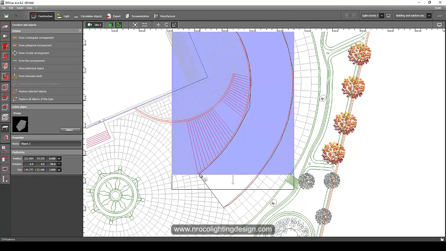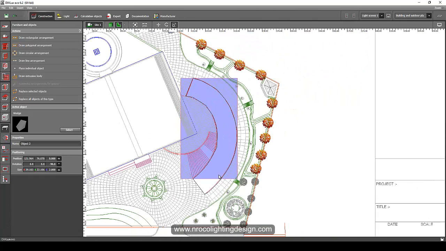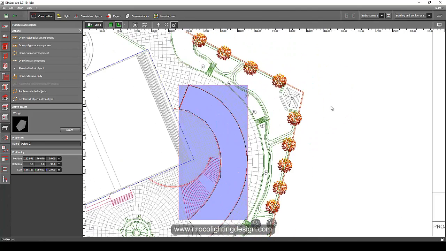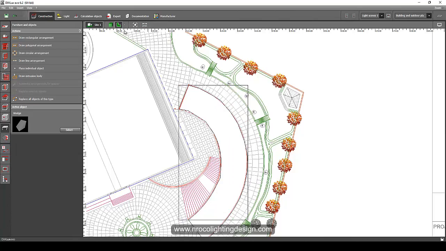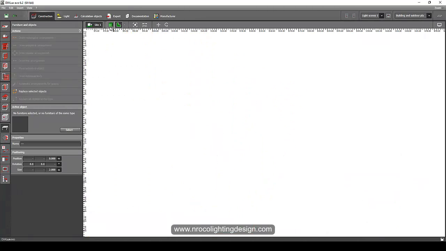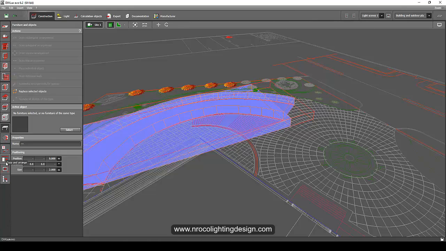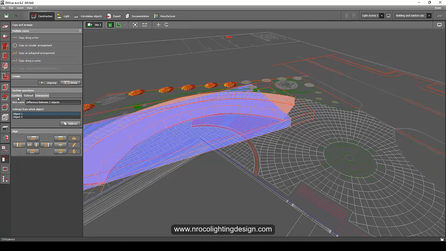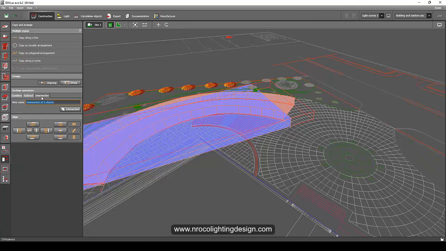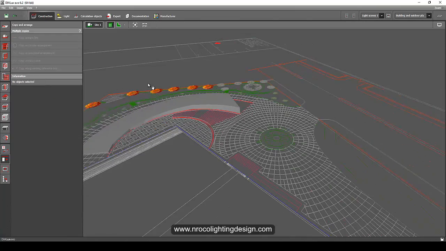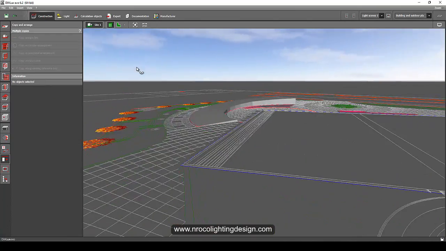So let's scale it more like this and see how it will look later. And here. Okay, so I think this is fine. And then after that, you need to grab all these two objects and then go to your, where is it? Yeah, this tab is called copy and arrange, and then instead of combine and subtract, make it intersect, and then press intersection, and you will now have your amazing ramp.